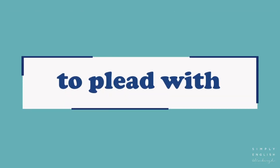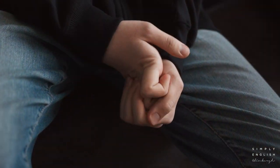Our third verb today is to plead with someone, and this means to make an emotional appeal. The example that comes to the forefront of my mind regarding this verb collocation is usually if there is a family who are in distress because a loved one has been the victim of a crime or has gone missing,